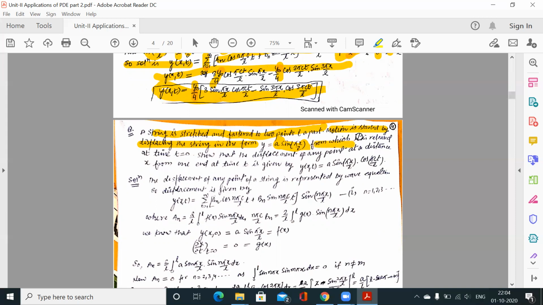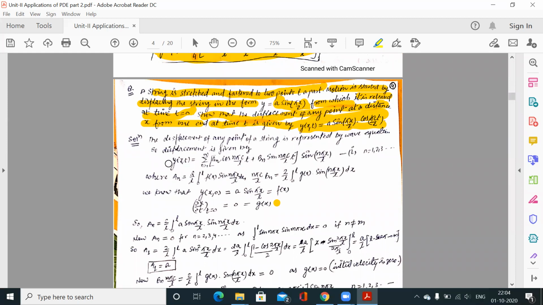Now from which it is released at time t is equal to 0. Clear? So इस इनिशियल पोजीशन से उसे जब रिलीज किया जा रहा है तो अगेन द इनिशियल वेलोसिटी अगर हमें नहीं दी है, we always consider that 0. जब तक नहीं दी है, by default initial velocity हम 0 लेंगे. So that the displacement of any point at a distance x from one end at any time t is given by this, means this is our answer. कि ये दोनों कंडीशन जब हम अप्लाई कर देंगे तो जो आंसर मिलेगा वो इस फॉर्म में होना चाहिए.